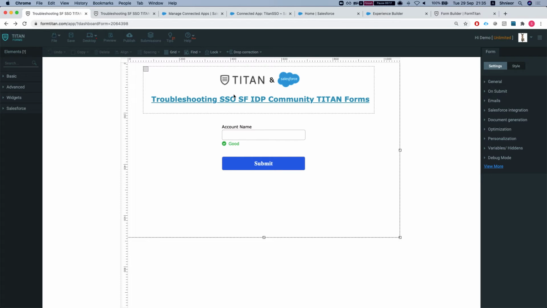All right, so let's start. What we have here is just a simple form. The only thing it will do is push an account when we hit submit. The only thing I've mapped is the account name. And what I want to do is configure SSO for this, and I want this form to work in a